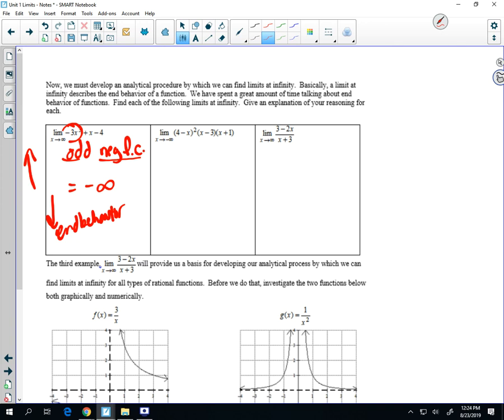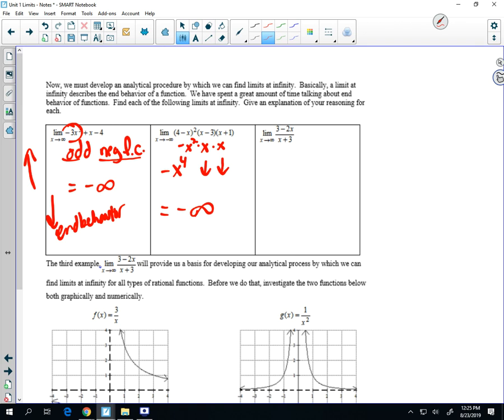I could do the same thing on the second one here. Even though this is three separate things, think about the degree and the leading coefficient, right? Stuff we've been talking about since Algebra 1. If I worked this out, I would have a negative x squared. And this one times x, which means this would be negative x to the fourth would be my leading term on that problem. That's an even function. We know even functions, the arrows go in the same direction. Well, this one is negative, so we know both arrows are pointing down. So the limit value on this one is also going to be, oh my gosh,